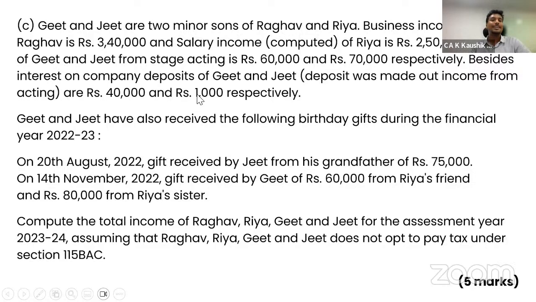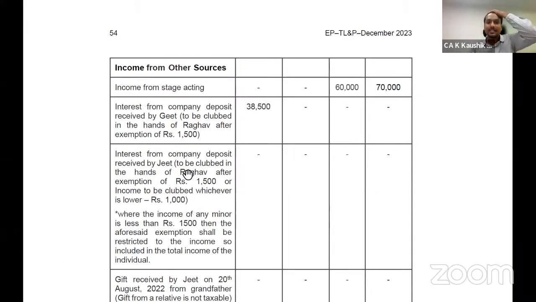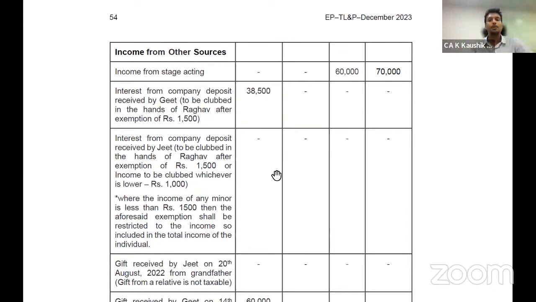But for these, section 10(32) gives the minor deduction. Section 10 gives the deduction of 1,500 per child. So 40,000 minus 1,500 is 38,500. Now, interest income from Jeet: it is 1,500 or 1,000, whichever is lower. So 1,500 is the maximum deduction that can be claimed. 1,000 is the amount of income to be clubbed, which will be completely given as a deduction under section 10. Thereby, there is no income to be clubbed in the hands of Jeet. So that clears the clubbing provision.